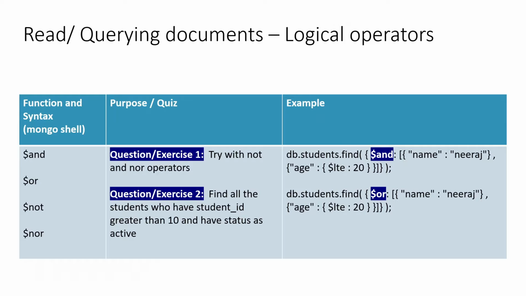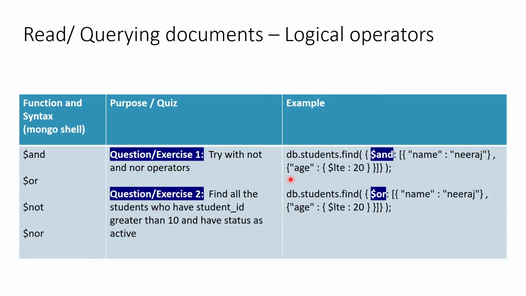So let us start. Logical operators basically help us decide, when we specify a group of conditions, whether all those conditions have to be true or whether any one of those conditions being true is fine when we query that database or collection. What results are we expecting? Either one, or we want all the conditions to be met. These are nothing but the and, or, not and nor operators.